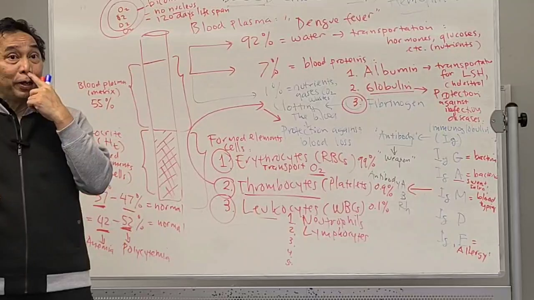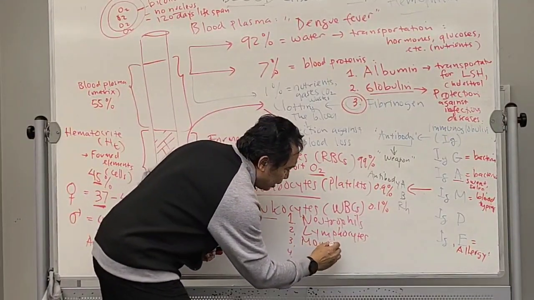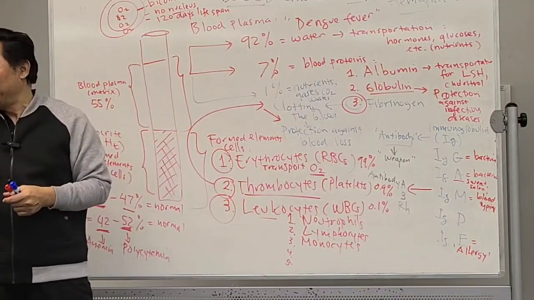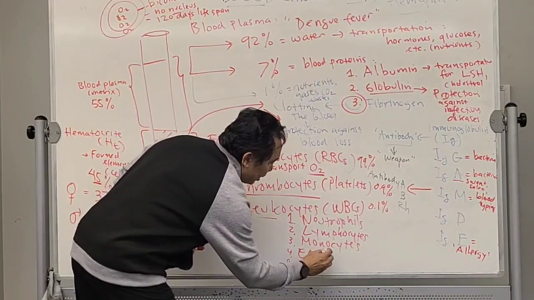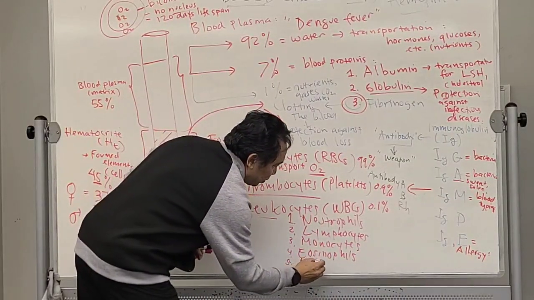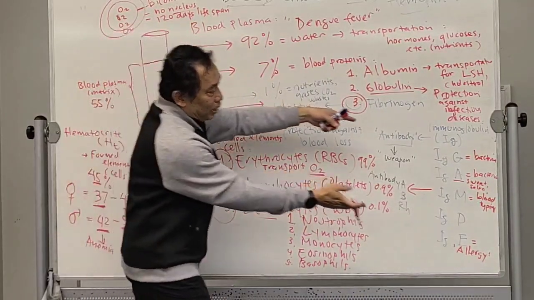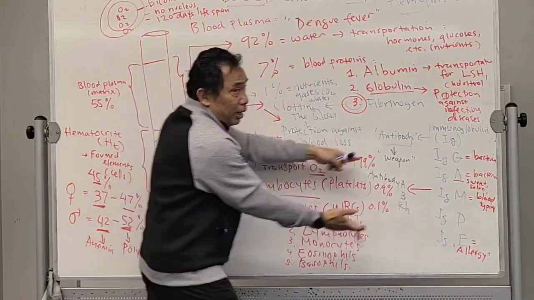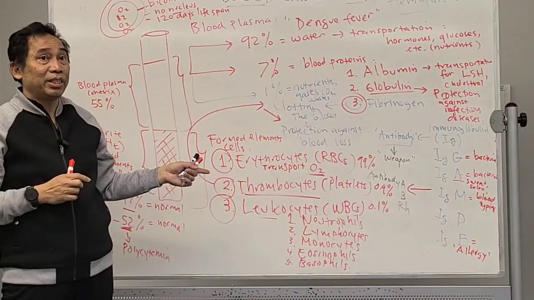What is the next one? Start with M. Monocyte. This is for long-term bacterial infections. What is the next one? Start with E. Eosinophil. This is for parasites. And the last one is basophil. This is for mostly allergy. This is going to work together with immunoglobulin. The army and the weapon will work together to fight against infectious disease.